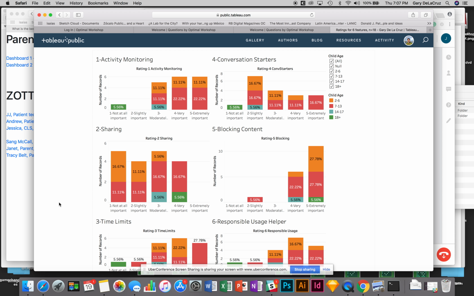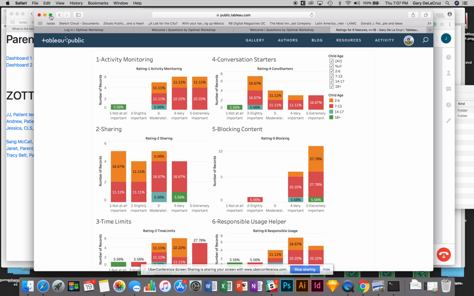And the 6 graphs we see here, these are where we ask the user to rate potential parental controls or features. And so based off of how these were rated, we wanted to use this as the basis for what we focus on in our design for a parent experience for Zot.